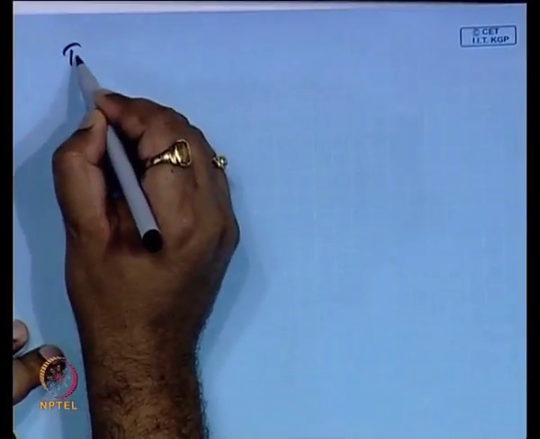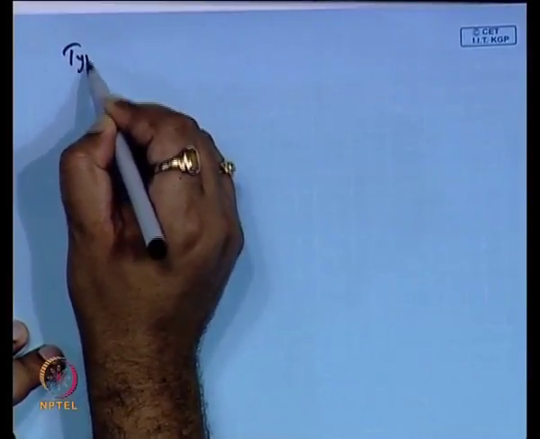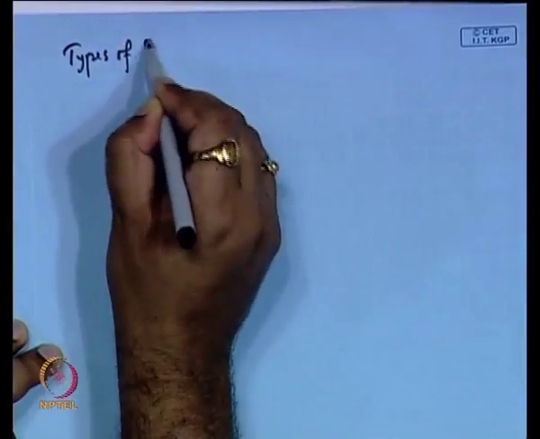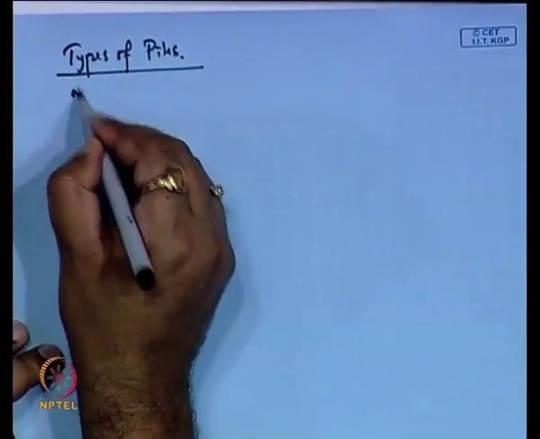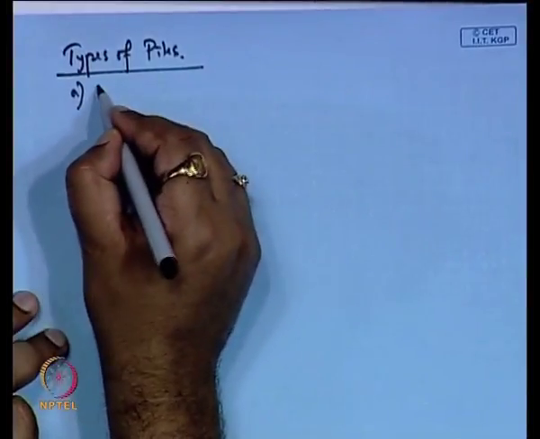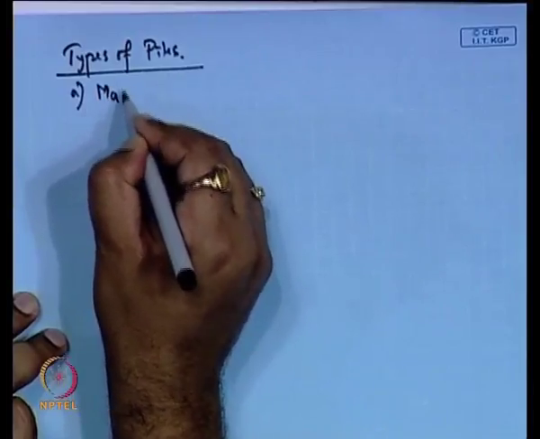So, again we can design for different types of piles, that is, design against compressive load, design against uplift load, and design against lateral load. Those things we will discuss in this section. So, next, further if I classify these piles, one is based on the material. Suppose, based on the material of construction,